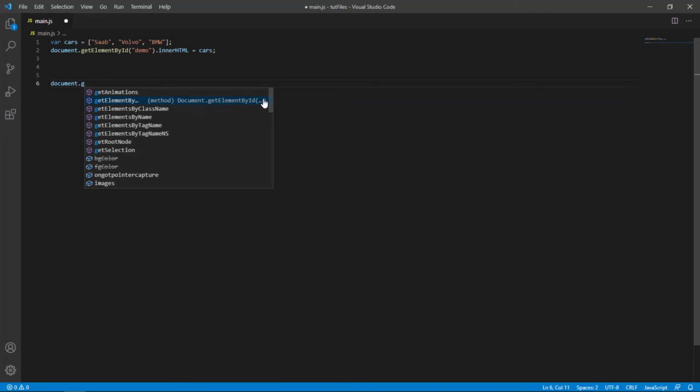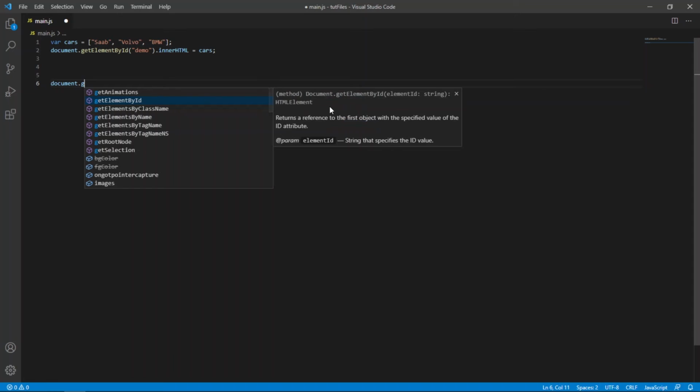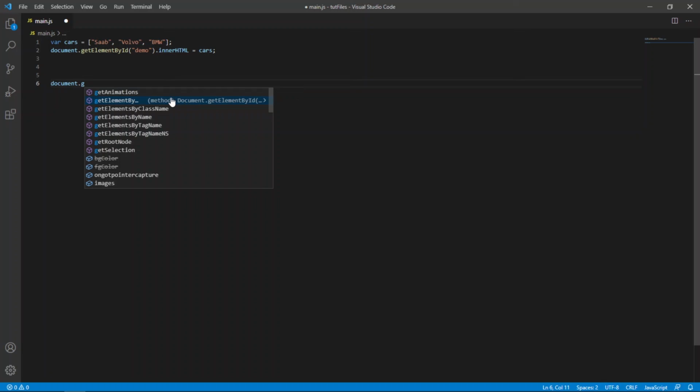And if you click on this read more button, you can see quick info for each method. It includes parameter info right here and a description. It says returns a reference to the first object with a specified value of the ID attribute, and parameter info, which is right here, says a string that specifies the ID value. Let me close it. Moreover, you can choose your desired member and just hit enter,